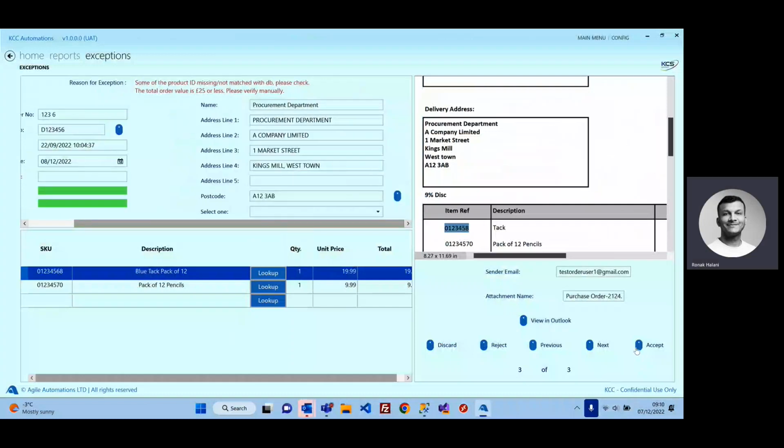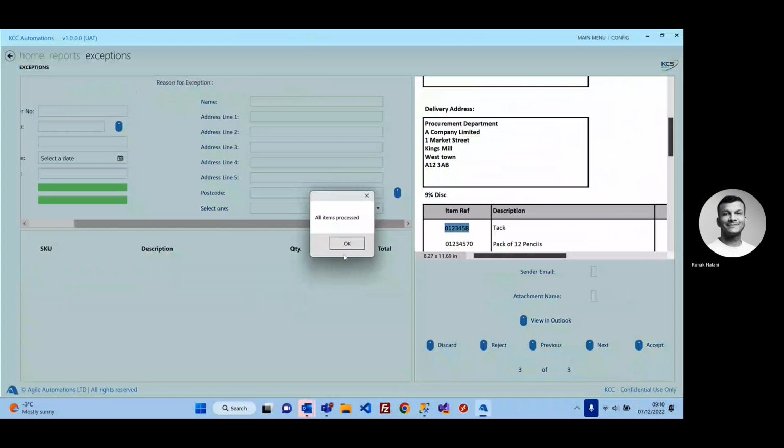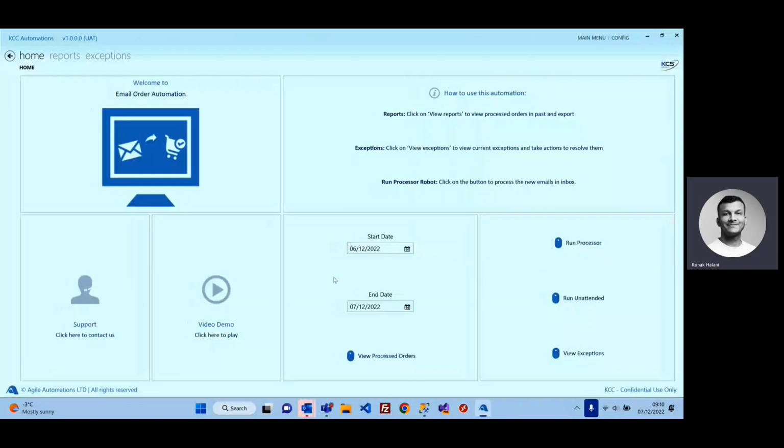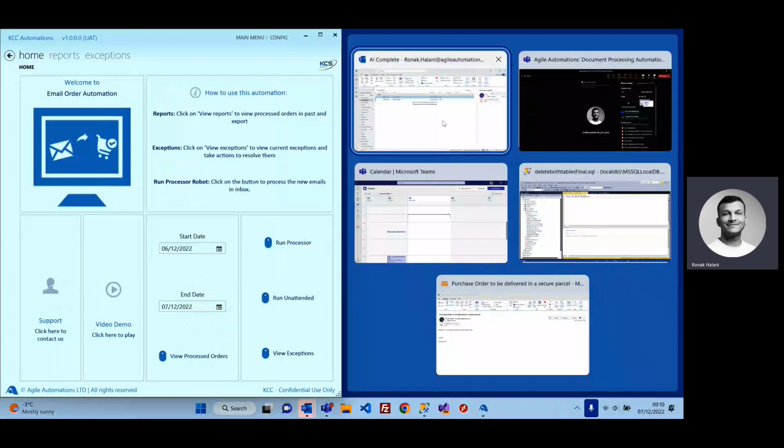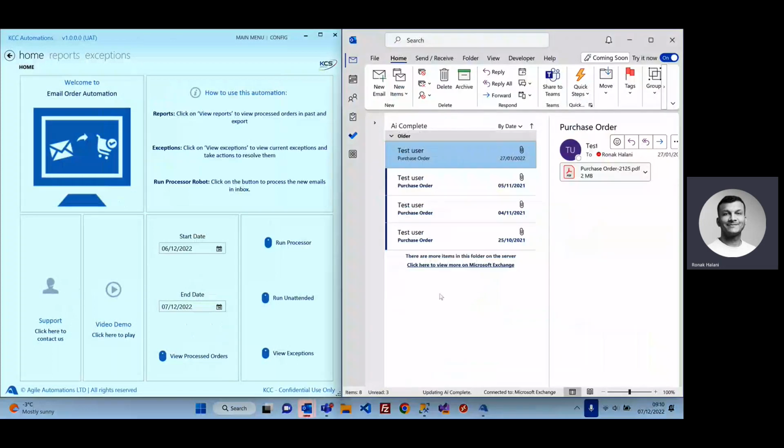So I'll accept it. And that's it. So in terms of accuracy, it's remarkably accurate in reading all sorts of emails. In terms of efficiency, as you saw, and based on our experience, once coded in a particular template of a PDF, it doesn't really change forever, and it will always process it with that 100% accuracy